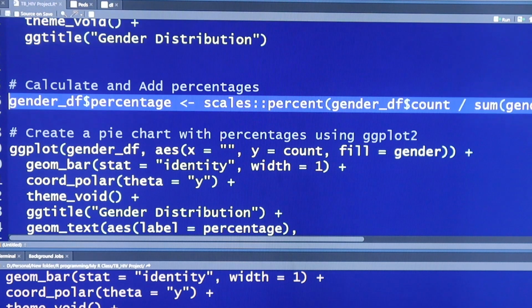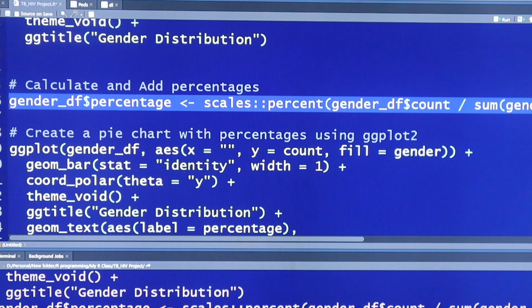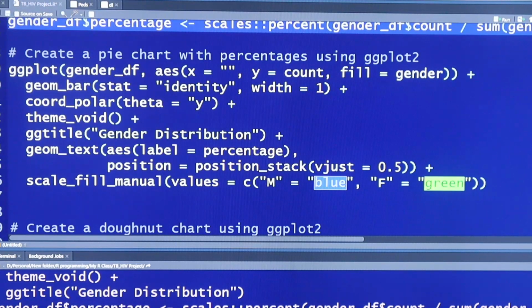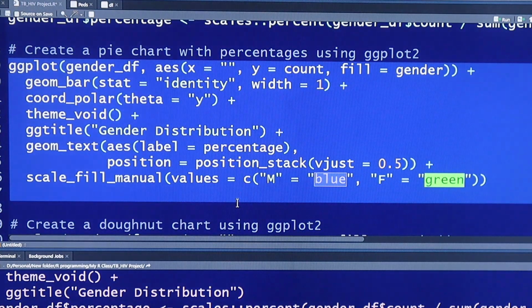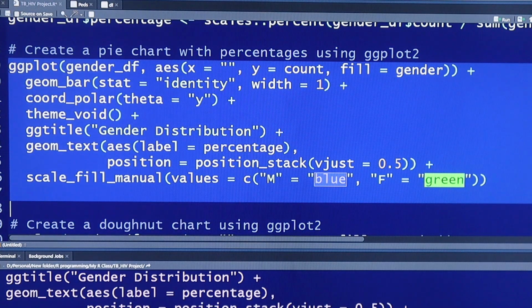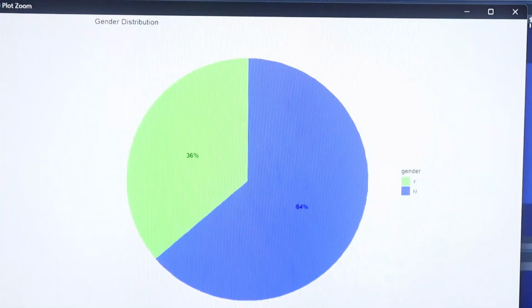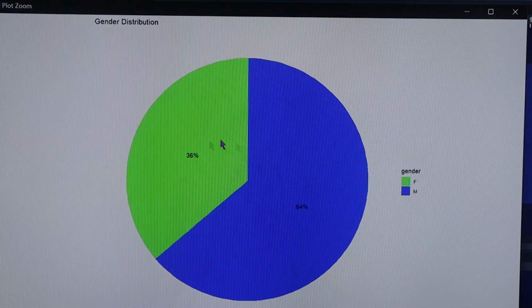With that, we execute this, and now when we want to add percentages, we create labels. So 254 is what we'll use to add percentages. We'll say label equals to percentages. So when we execute the entire script and we come to our chart, you see now female were 36%, whereas males, they were 64%. So that's how you add